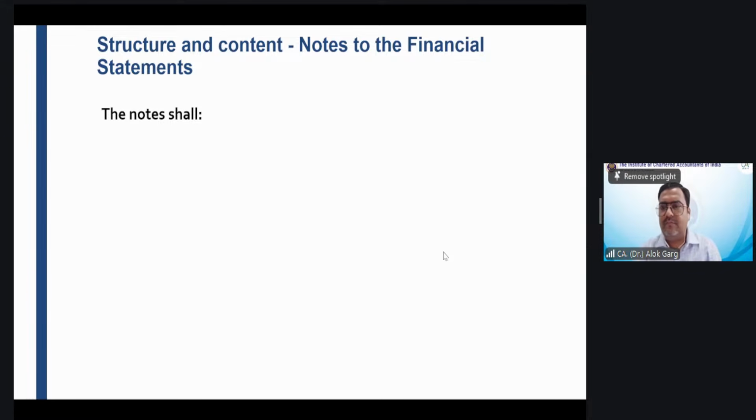Sir, for the OCI items to disclose in the statement of changes in equity, for each OCI reserve, we need to maintain a separate disclosure, sir. Yes, it has to be subsection wise. In OCI, there are two subsections. What are these two? Items that will be subsequently reclassified to P&L and items that will not be subsequently reclassified to P&L, right? Yes, sir. So this has to be subsection wise, like I have shown you in my Excel file.